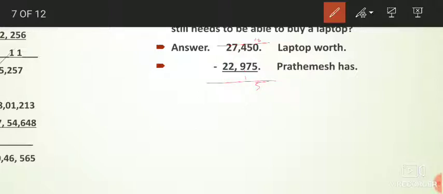We can't subtract 8 from 5. Again borrow 1 point. 15 it is. 15 minus 8. 15 minus 8 is how much? Yes, 15 minus 8 is 7. Now 9 plus 1 is 10. We can't subtract 10 from 4. Borrow 1 point. 14 minus 10 is 4. And 7 minus 3 is 4. 2 minus 2 is 0.